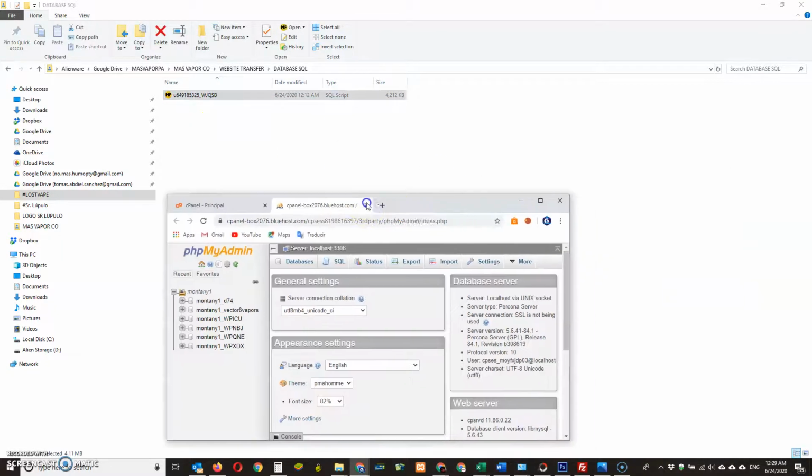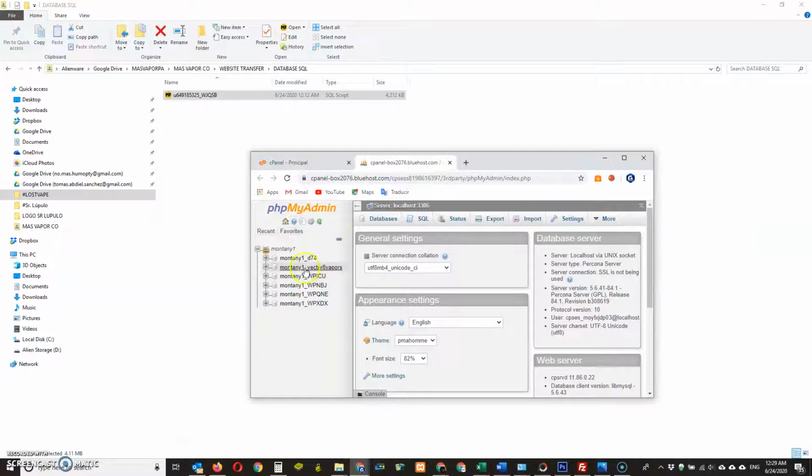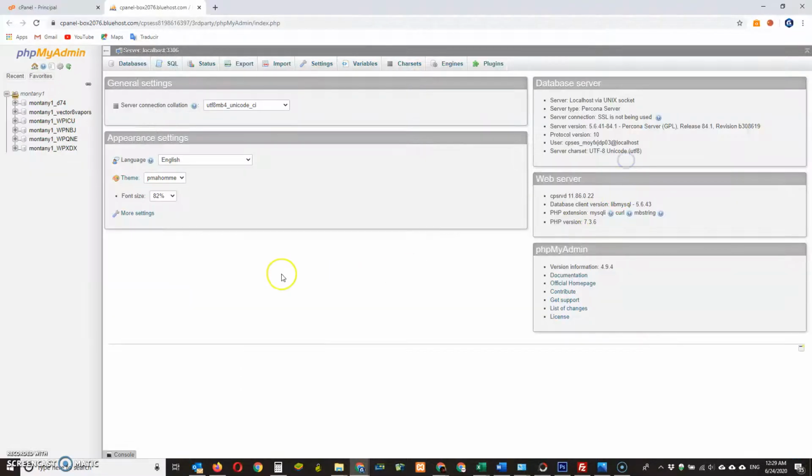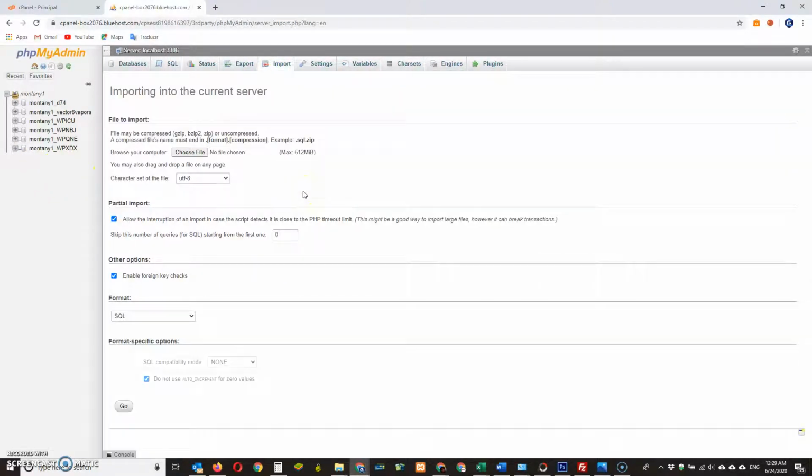I already opened my Bluehost phpMyAdmin. So if I'm not wrong, I don't know if I just need to do import and just get the file and then import it, and then later on assign the SQL file on it. Since you sent something,